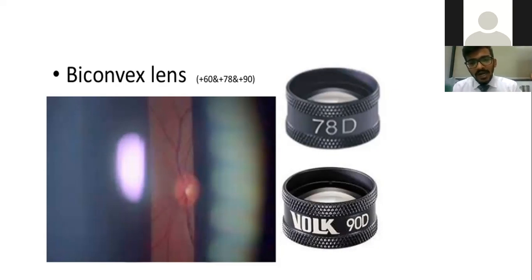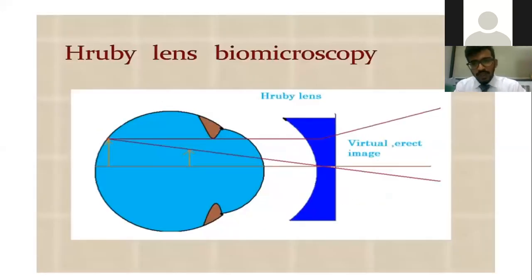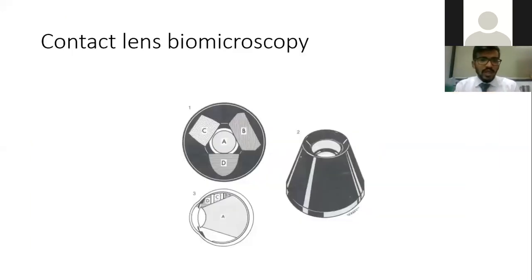And even in adult patients, this should generally be done in all the patients you are seeing, because even with a good vision, the patient might have changes in the posterior pole which can be appreciated. A 78D will give you a better magnification and a smaller field of view. Both lenses are equally good and can be used interchangeably. The Ruby lens gives an erect image, a virtual image, and a very magnified image. You can use it, but generally a 90D and 78D are very good and can be used.